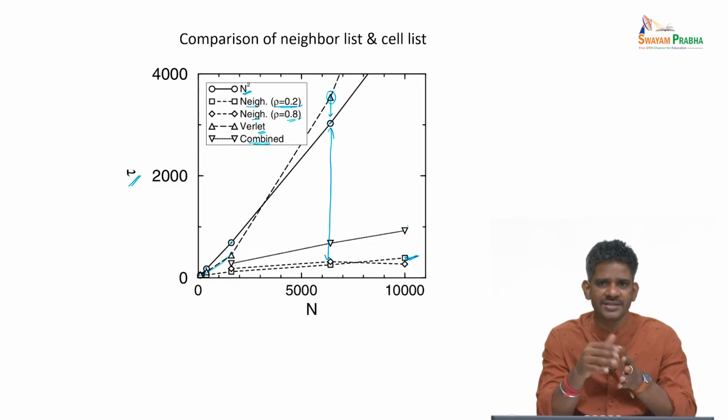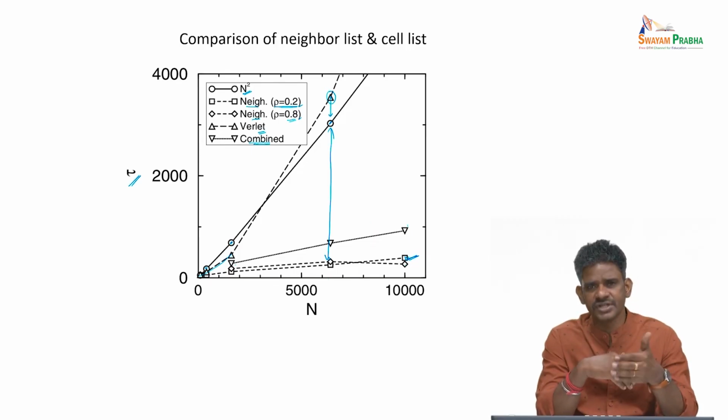But the moment you go to larger system size, the Verlet algorithm is not effective because you're going to bookkeep a lot of neighbors in the list, and then you have to loop over the list. It adds a lot of computational cost, bookkeeping cost,